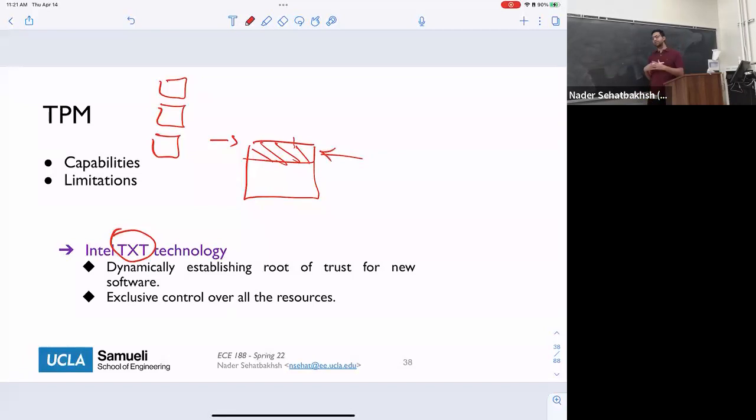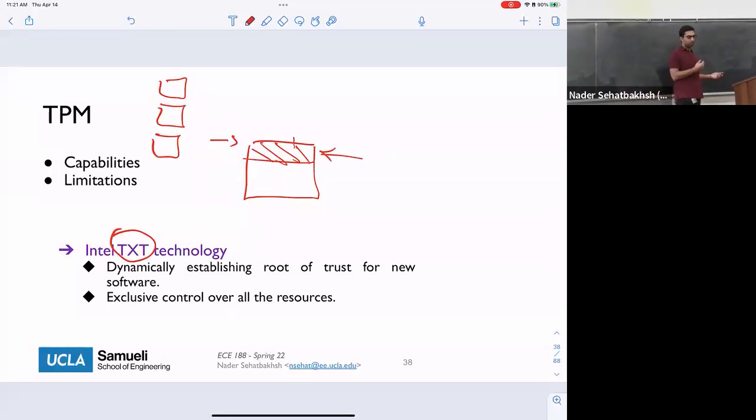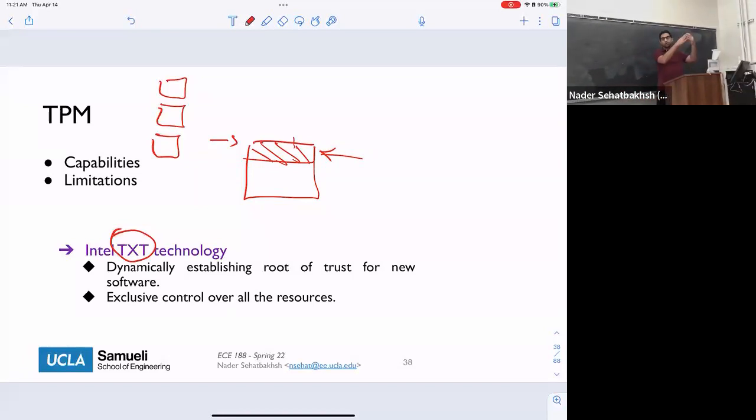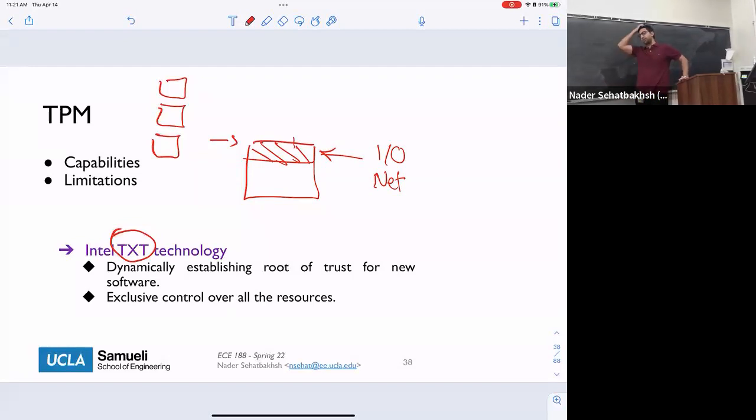And this way we kind of guarantee that this application is secure because the operating system cannot modify anything, because we can basically reboot the system into that specific known boot state. And everything, including all the resources, including the I/O and network, can only communicate with this specific application and nothing else.